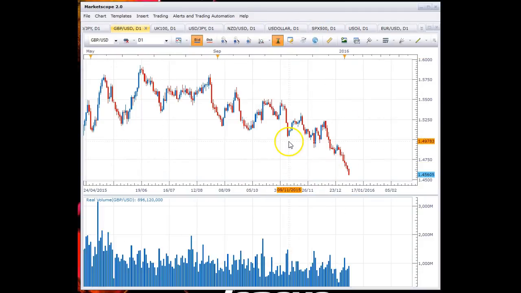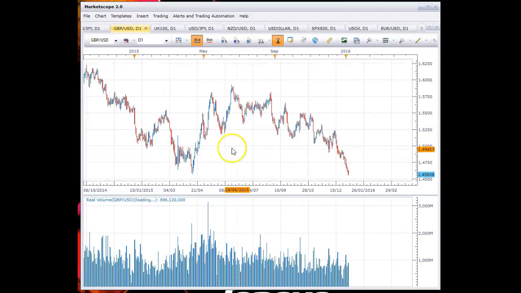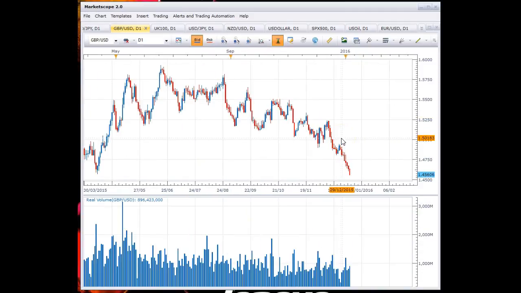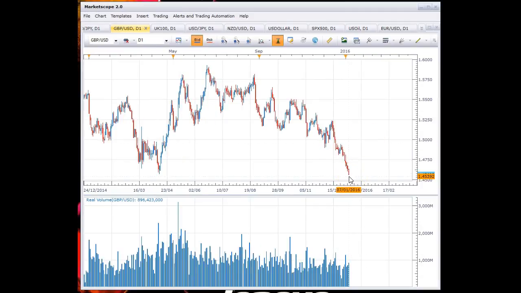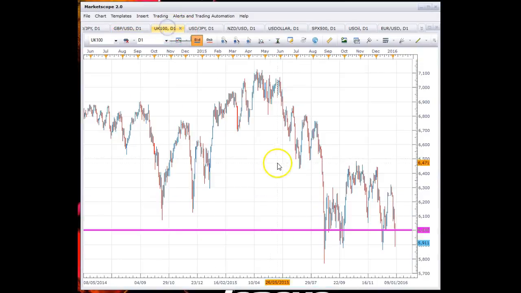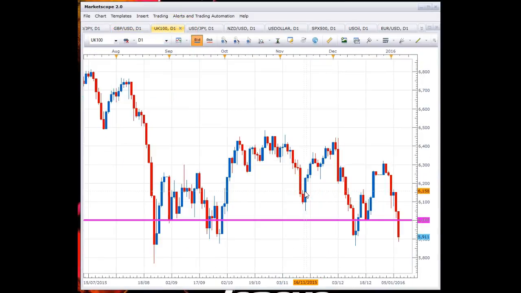But those are considerations by the way. We're just looking at the technical picture of this, and there is nothing immediate that screams buy now. So technically you could buy now, but fundamentally nothing's changed for the Bank of England, and we'll have a Bank of England rate decision later this month. We'll never say never, but obviously the probability that more than one member, McCafferty, will turn a hawk is quite slim. So let's leave that to the side and look at the other UK asset class, which is the